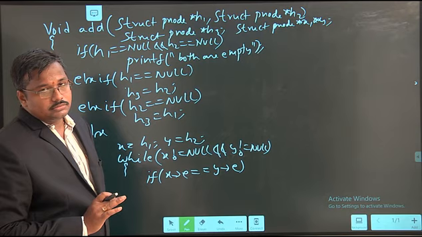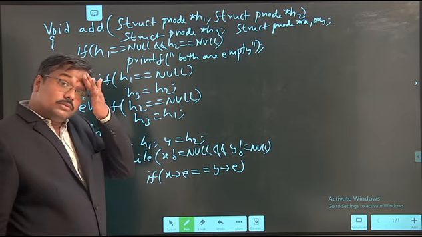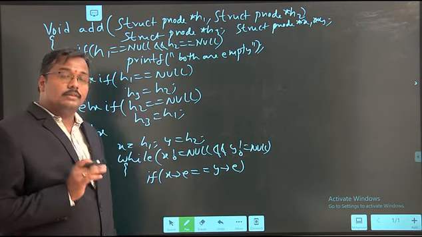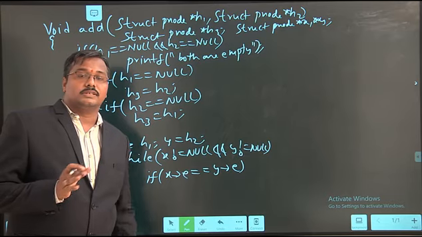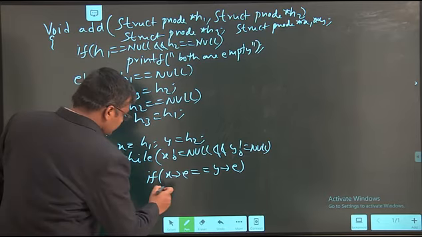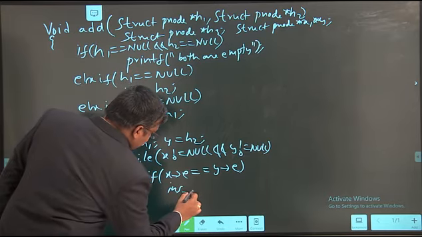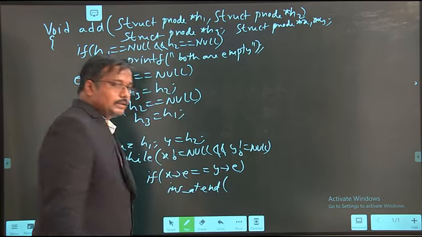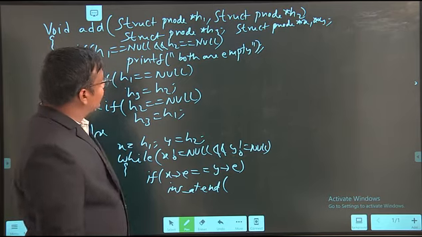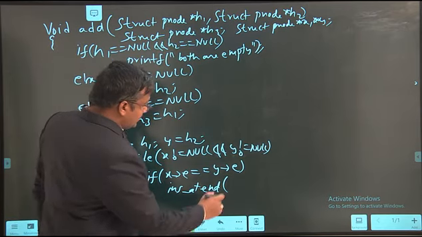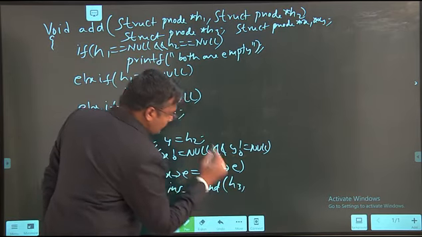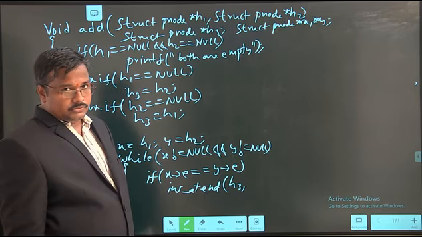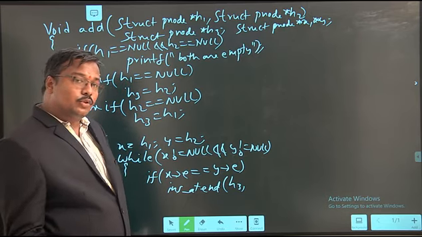Both the exponents are equal. What we have to do? Just I am adding the coefficient. So insert at end function, I am passing h3. h3 is my resultant node address, and after that I am passing the coefficient.